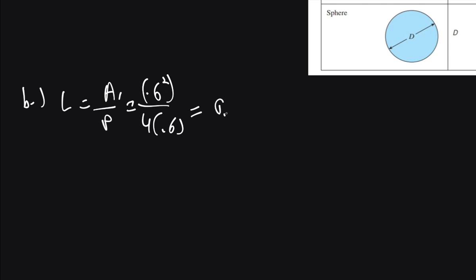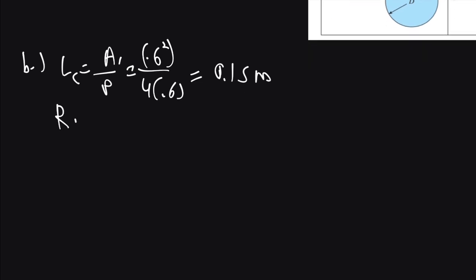So L is actually A_s over P. So we know that the surface area is 0.6 squared. We just calculated that before. Times the perimeter is 4 times 0.6. A 0.6 cancels out. So 0.6 over 4, or 0.15 meters. So using this as our L,